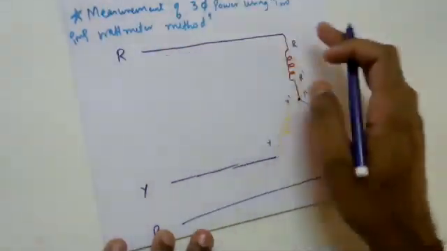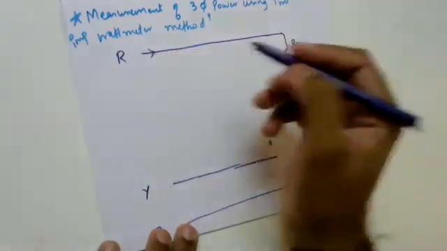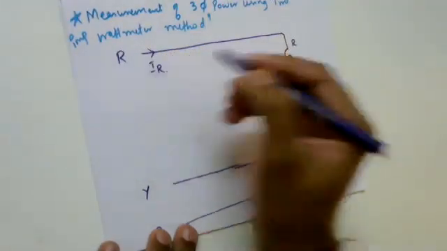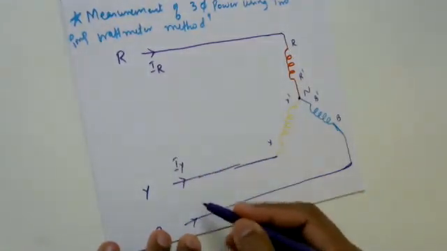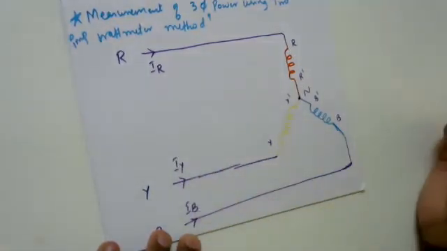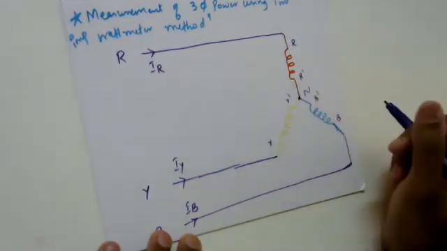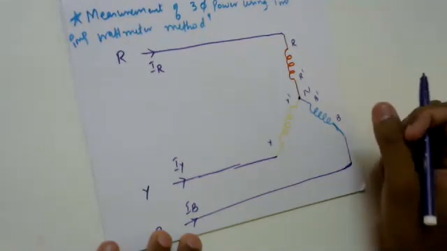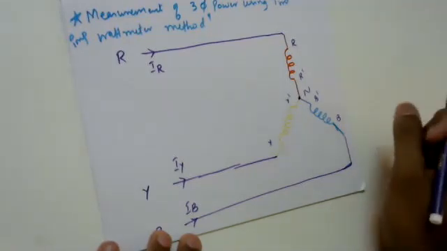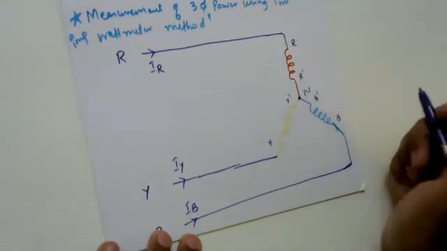And I know that in case of a star connection, the currents that will be flowing into my system, this is my IR, this is my IY, and this is my IB. Okay. Then, as we know, to measure the power in the circuit we'll be using an instrument called a wattmeter, wherein that wattmeter will be having two coils. One is called a current coil, one more is called a potential coil.